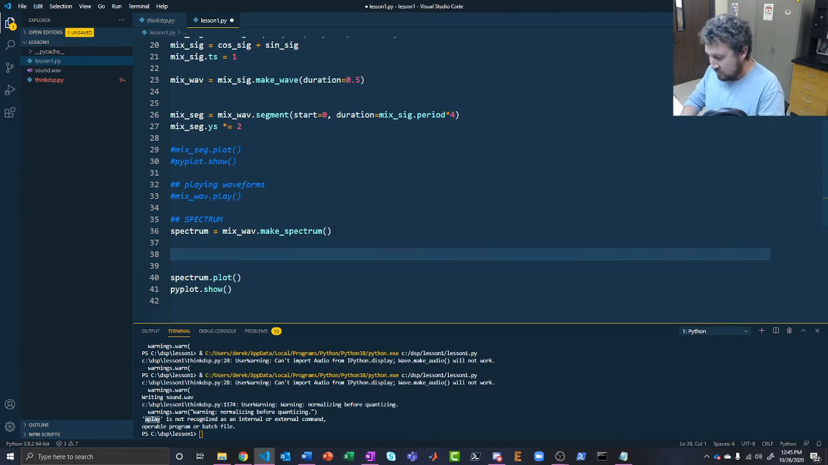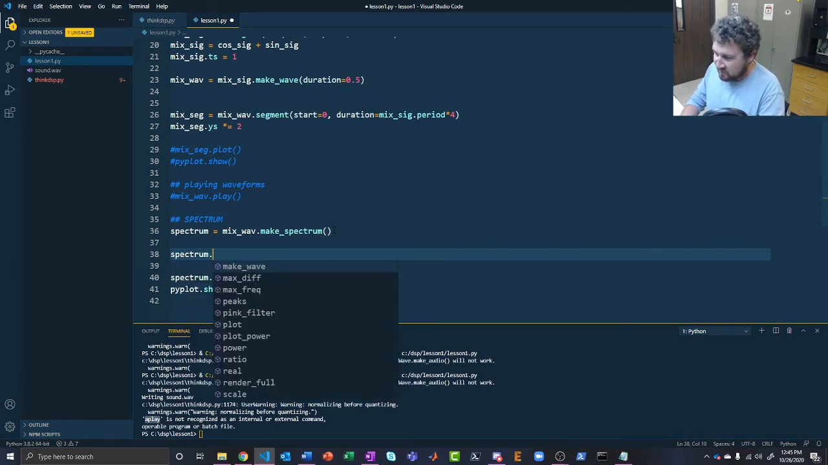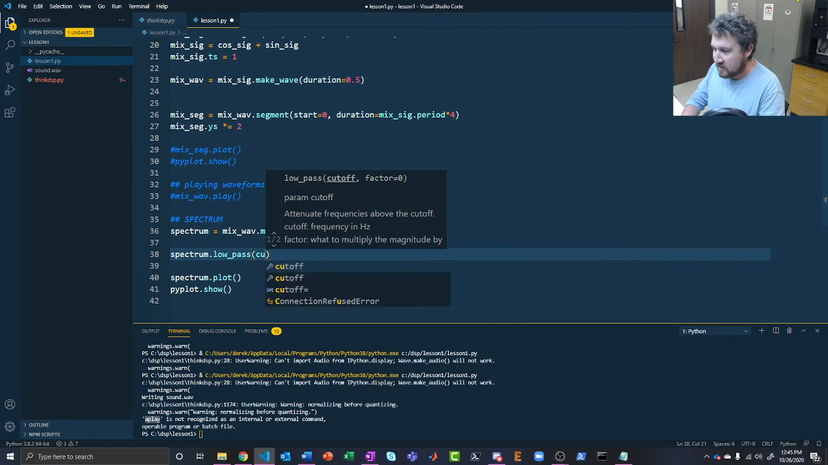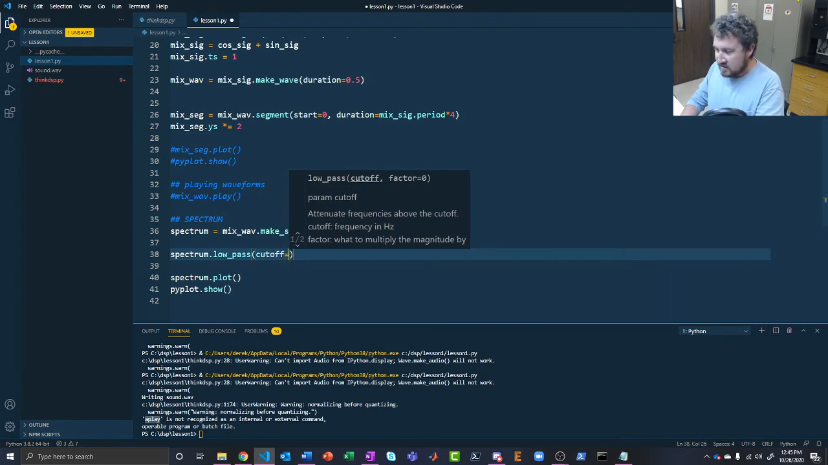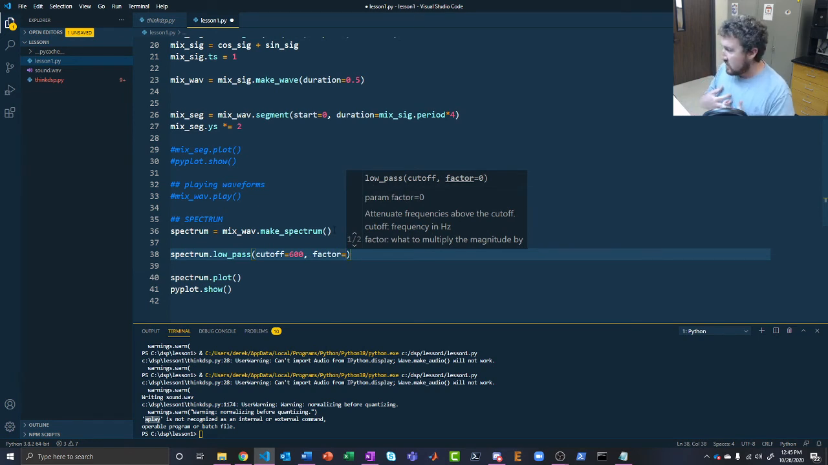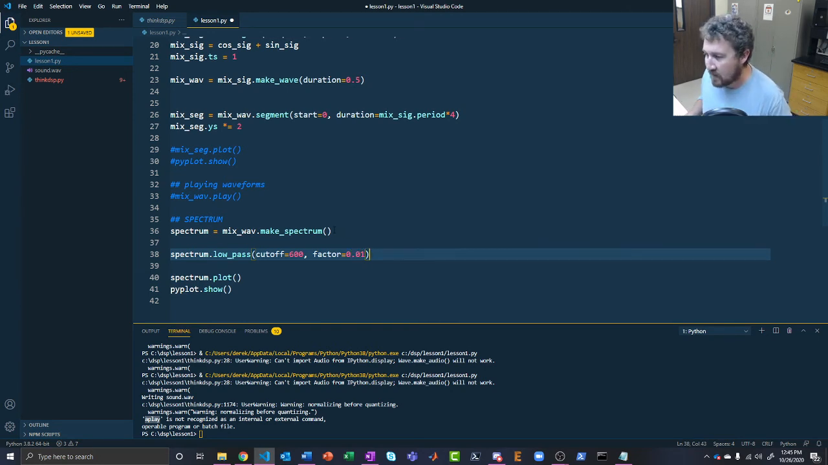So I can define a filter. Spectrum has built-in functions for low pass, high pass, and band stop. If I want to make a low pass filter, all I have to do is say spectrum.low_pass, and in parentheses tell it what my cutoff is. I'm going to make the cutoff 600 hertz, since that's in between 440 and 880. The factor is how much we want to reduce it. A factor of 0.01 will pull out 99% of everything past the cutoff frequency. So if I go ahead and plot that now,